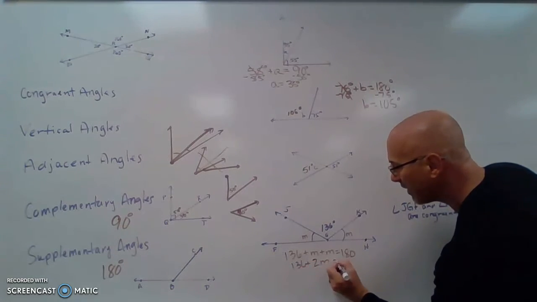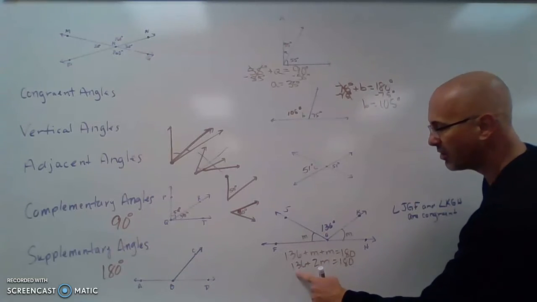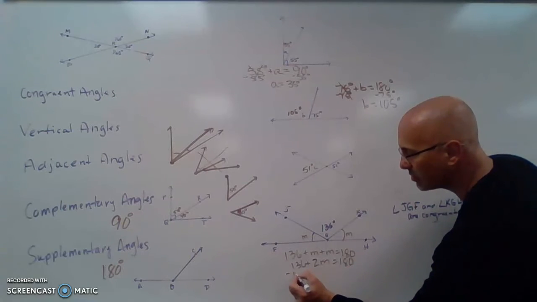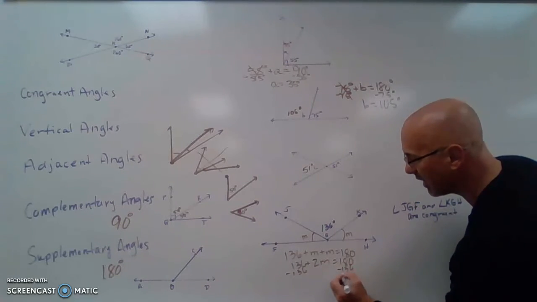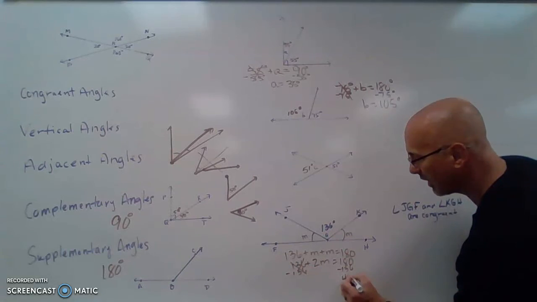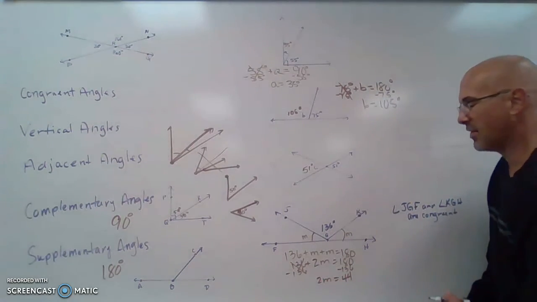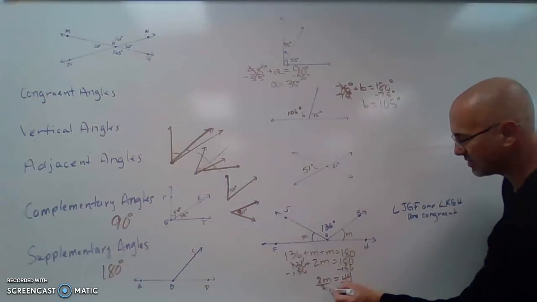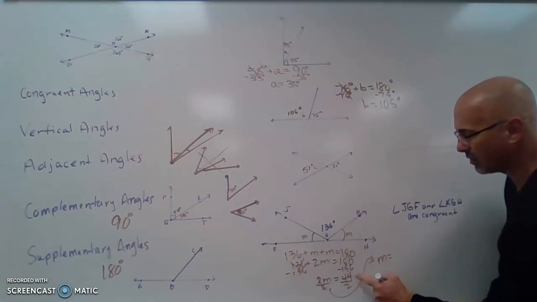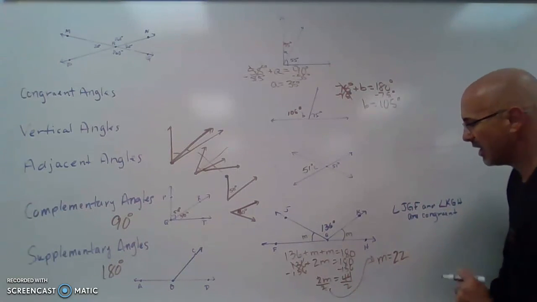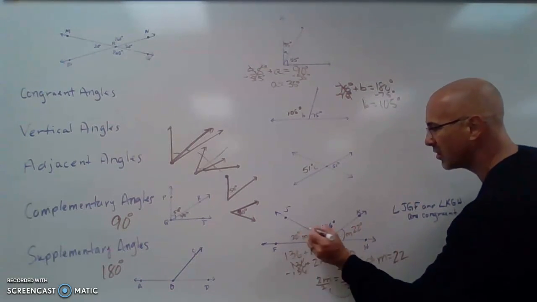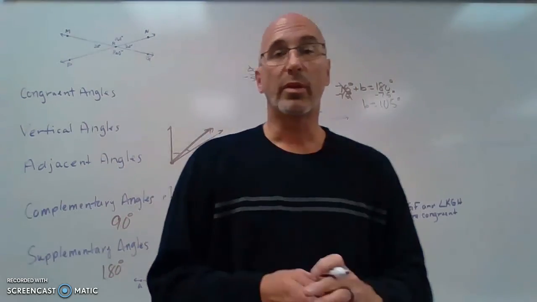So I'm just going to simplify that a little bit. So I have 136 plus 2m equals 180. I'm going to subtract 136 from both sides. Over here, I get 44 and 2m over here. And then finally, I'm going to divide both sides by 2. I ran out of room here. m equals 44 divided by 2, and that is 22. So each of these is 22 degrees. And that is using angle relationships to solve